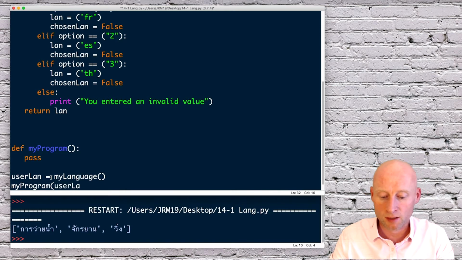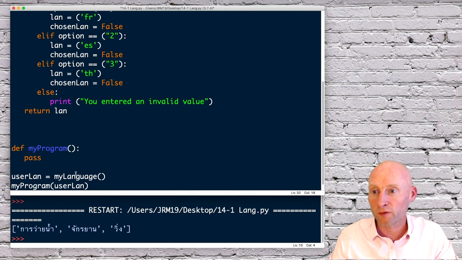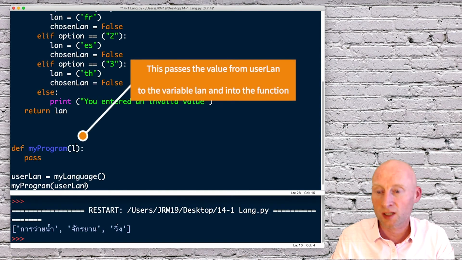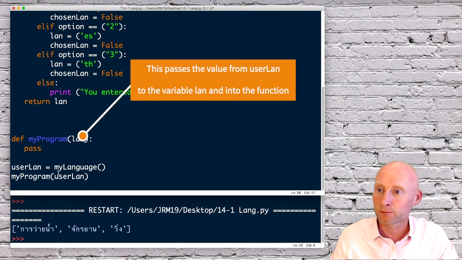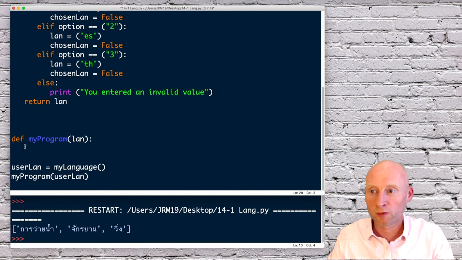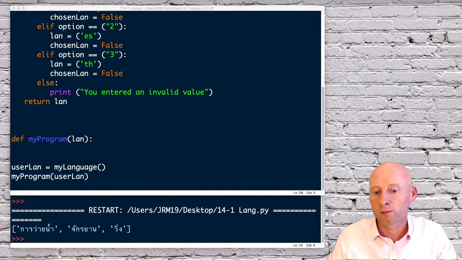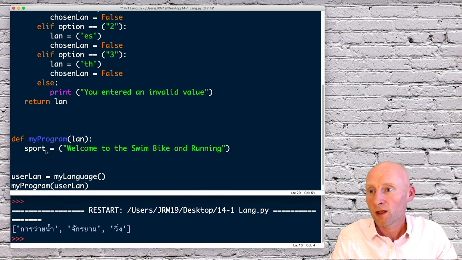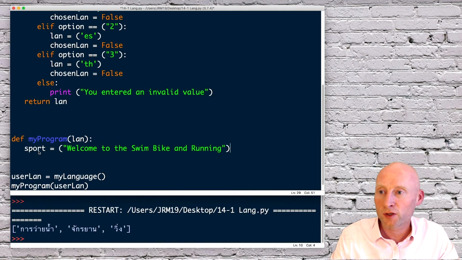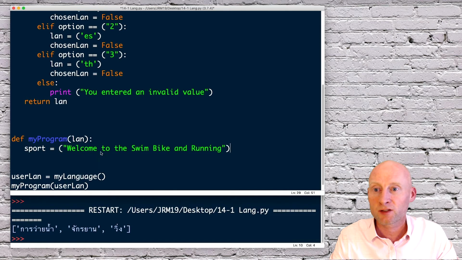So if I say userLan, pass in, so I've received it from this function, and now I'm passing it into my program, which means I need to receive it in my program. I don't need to use the same variable name, I could, but just to keep things short, I'm going to just call this lan. Now I can remove this pass function, and then I can start creating my program in the chosen language. So as an example, if I have my first variable called sport, and then just welcome to